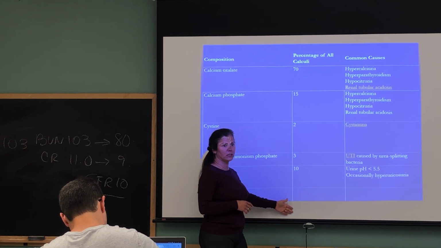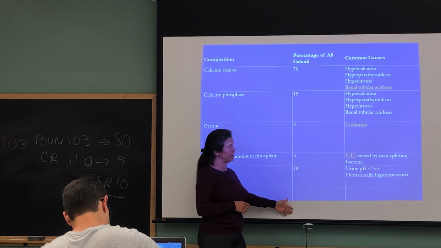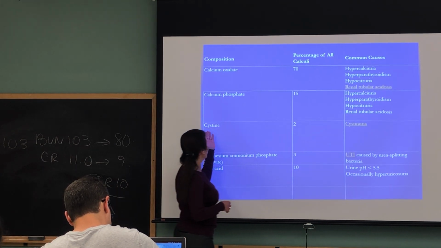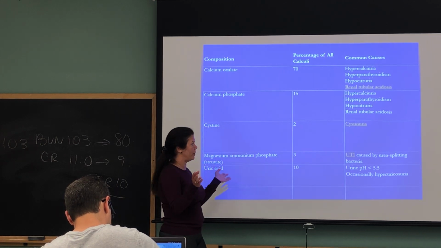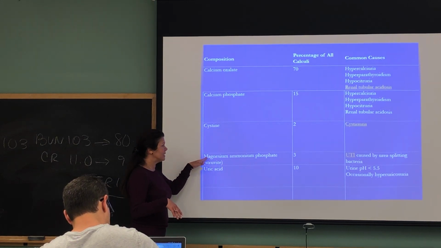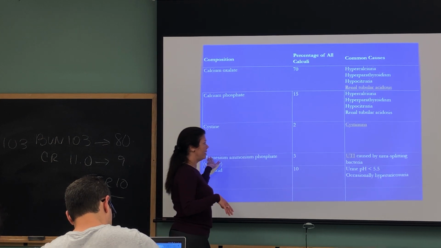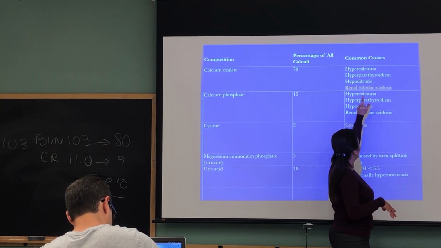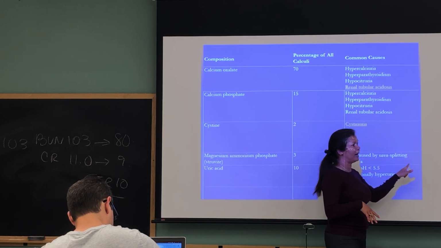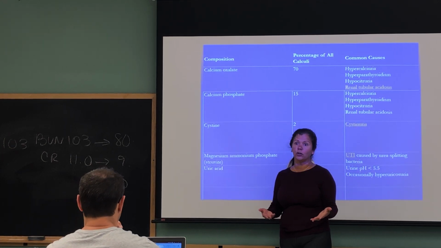Another type of calculi, and this is based on percentage of presentation, so from the most common to the least common, okay? So another type of calculi is cysteine, okay? It's just another amino acid. Magnesium, which again, magnesium type of calculi are produced by either having hypocitraturia or by having so much infection repetitively